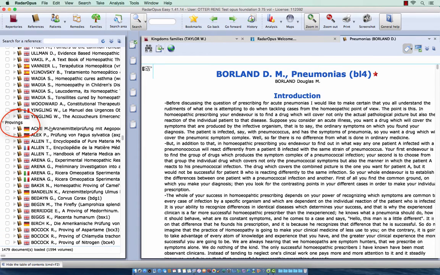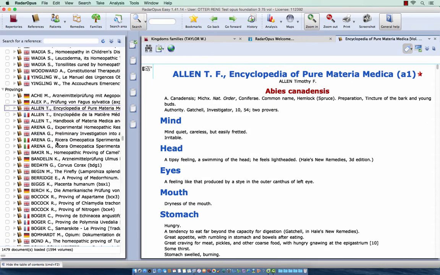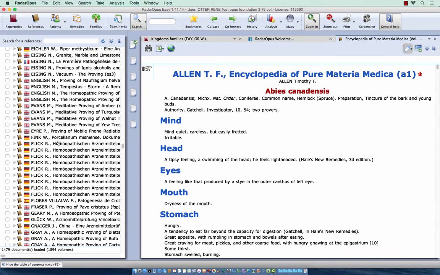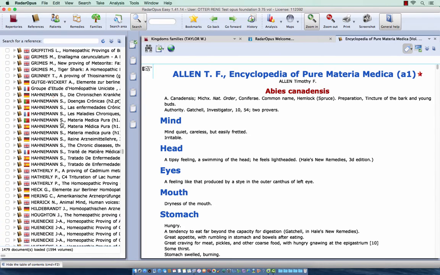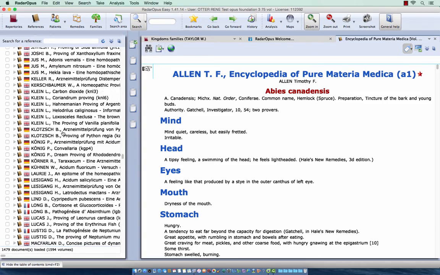Then I come to the provings, and provings contain not only modern provings but also older proving books, or books which can be considered to contain mostly proving material. For example here the Allen Encyclopedia. And if I go further down, you will also find here from Hahnemann, Materia Medica Pura and Chronic Diseases. So I go further down